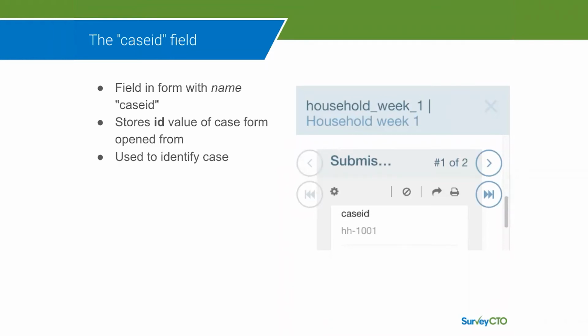For example, in this screenshot, we have a submission for the form called Household Week 1. We can see that the case ID value of this form is HH-1001. When the form for week 2 is opened from the same case, we will know those submissions are related since they will both have a case ID value of